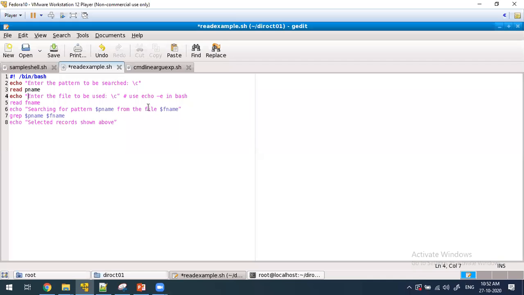If you don't use proper double quotes, you will notice the difference in the color of that text. It depends upon the text editor.